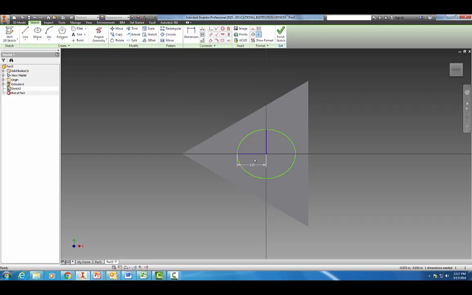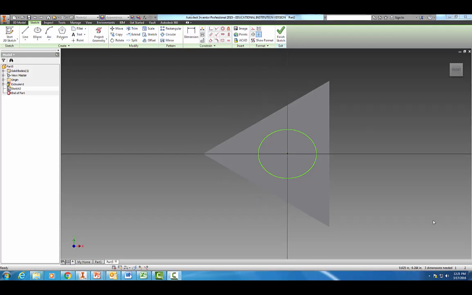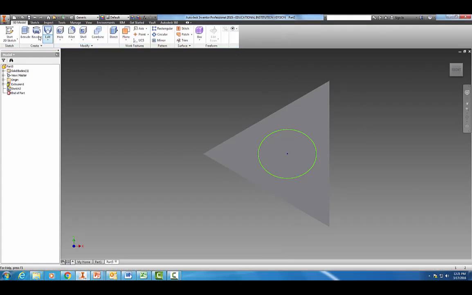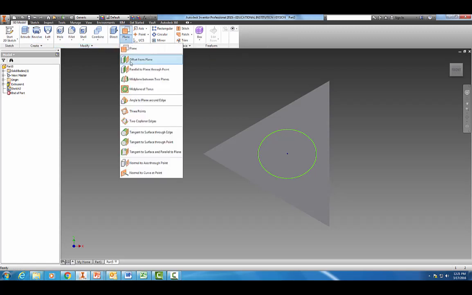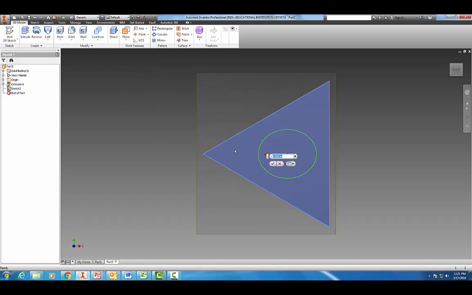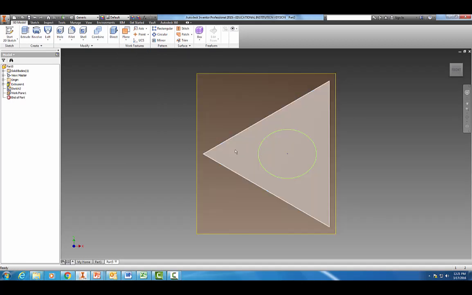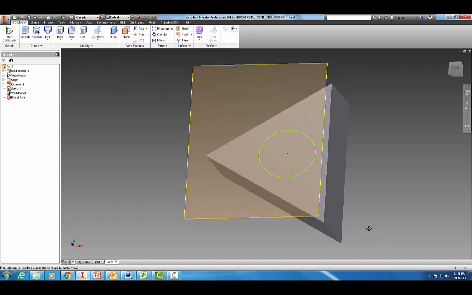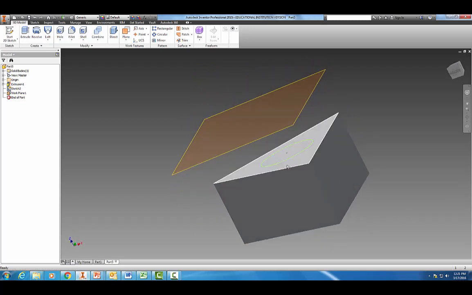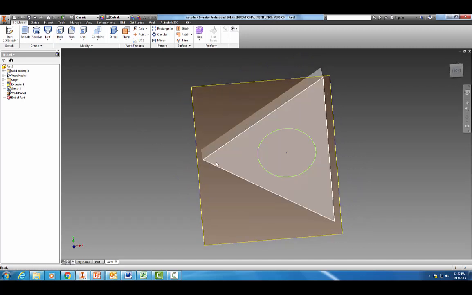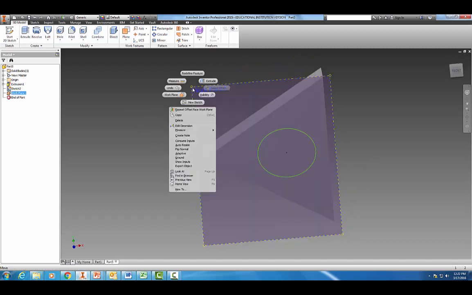Let's go ahead and delete these dimensions so we can trim these lines. Now we're going to finish the sketch. Then we want to make a plane, offset from plane, 0.19 inches. Now if we move around here, this plane is offset from this plane. Once again, we want to draw on this plane now, so let's right click